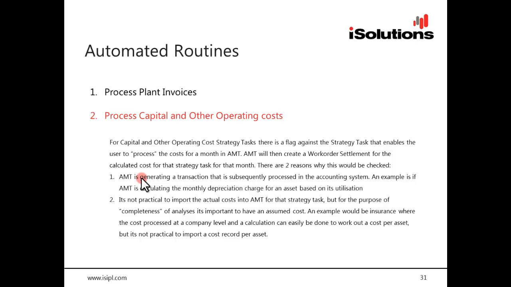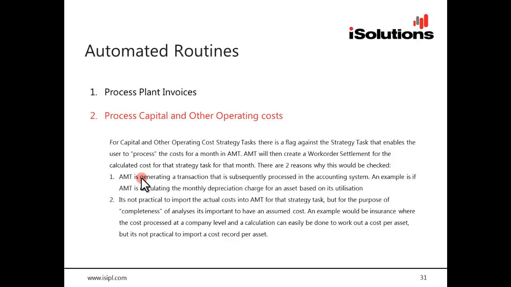So the first is AMT can be the system that is generating that transaction, and that generally applies specifically to depreciation, where AMT is the depreciation or the asset register. And then the second is really from that practical perspective of being able to get other operating costs. If you've built into your plant rate $1.50 an hour to recover plant group overheads, maybe you just want AMT to process a cost of $1.50 an hour as your assumed actual cost for plant group overheads,